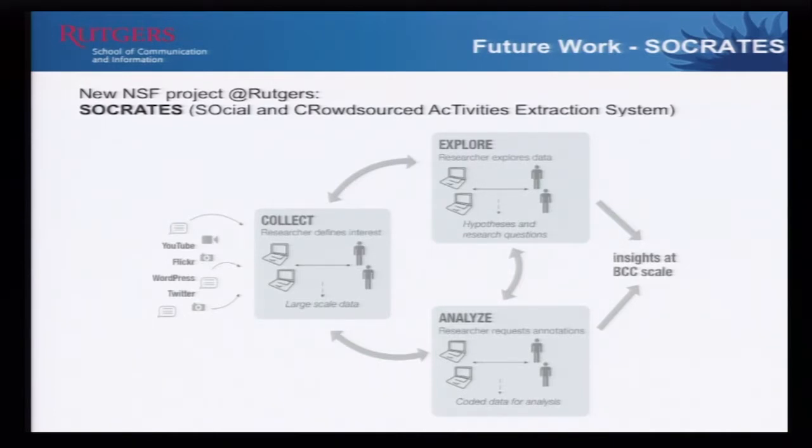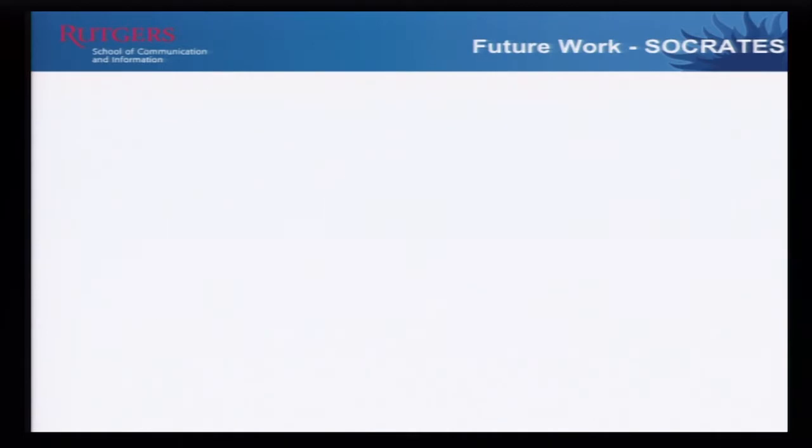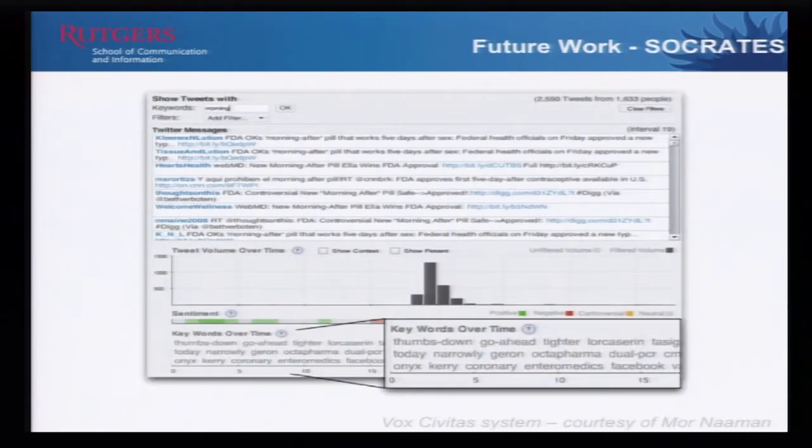And our idea is not just for us to be building this ourselves, but to bring in people from academia and industry, with their expertise, because we are not experts in all of these things. So how do we bring people together as a community so that we can start sharing and exchanging data, methods, and analysis? This is the main goal behind the SOCRATES project: to create that platform rather than just a tool.